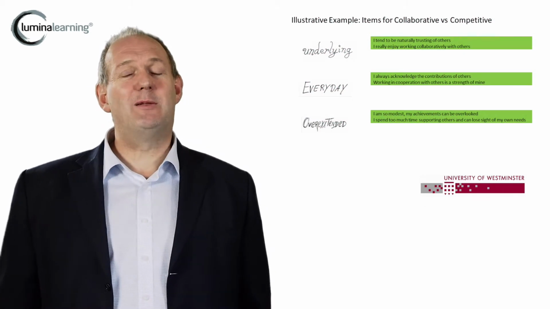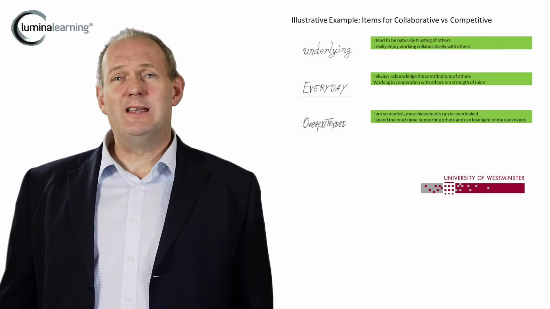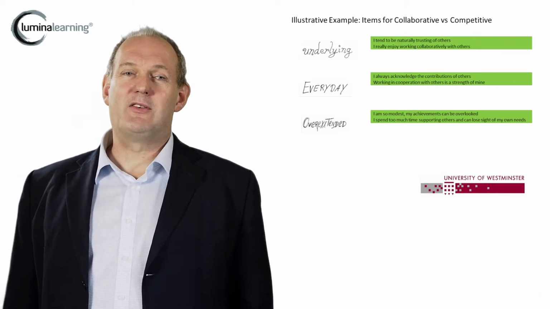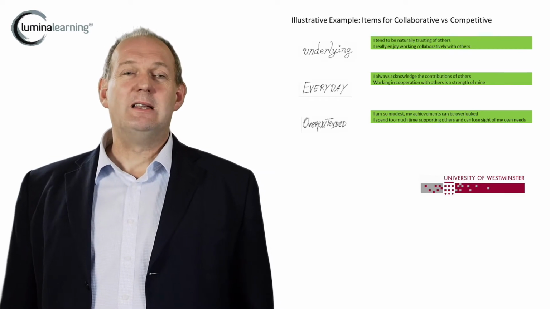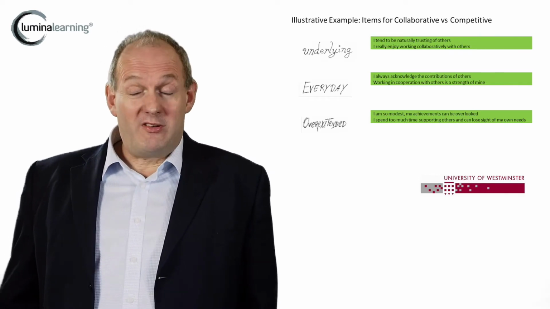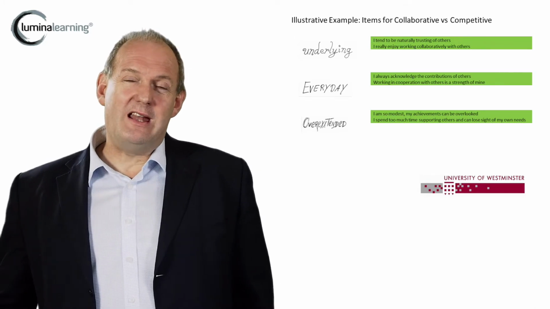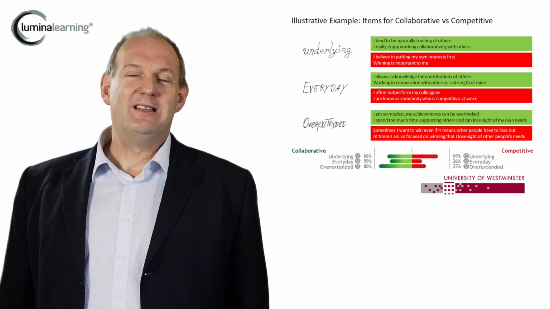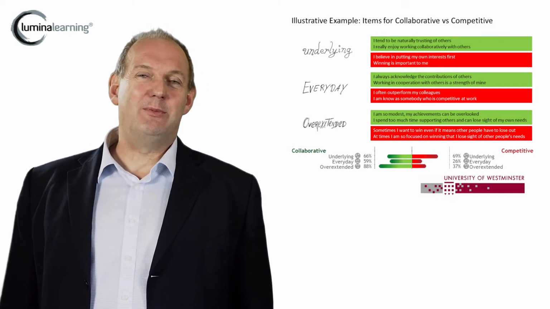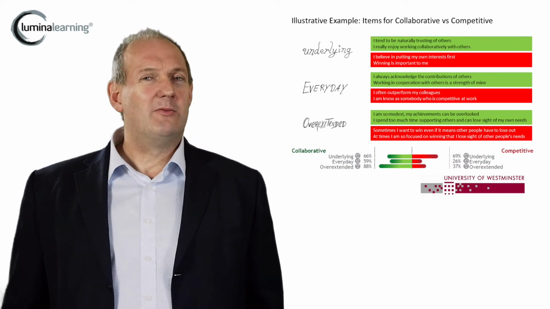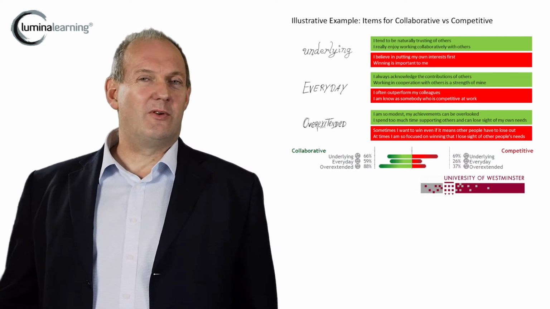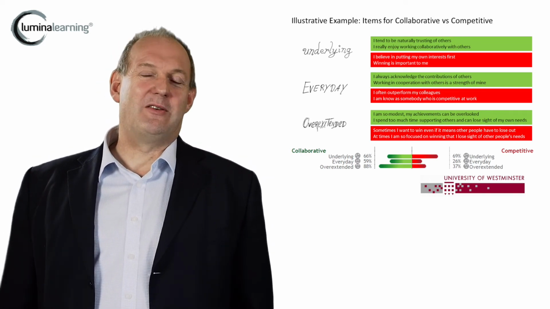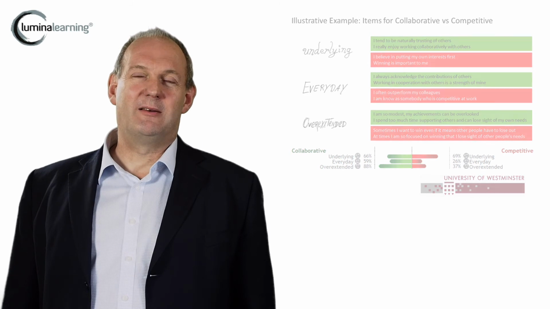Let's take this into the realm of Lumina Spark. How do you do it in Spark? Well, here's the underlying, the everyday, the overextended. We're looking here at collaborative versus competitive. By having positive items in underlying and everyday, and then the overextended looking at too much of a good thing, and doing the same for the opposite with competitive, we are perfectly balancing the model, and we're able to separate out and truly understand what's descriptive content versus what is a person's esteem or desire to tick socially positive items in a questionnaire.